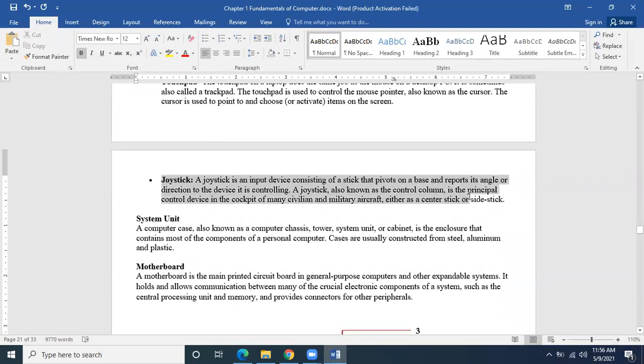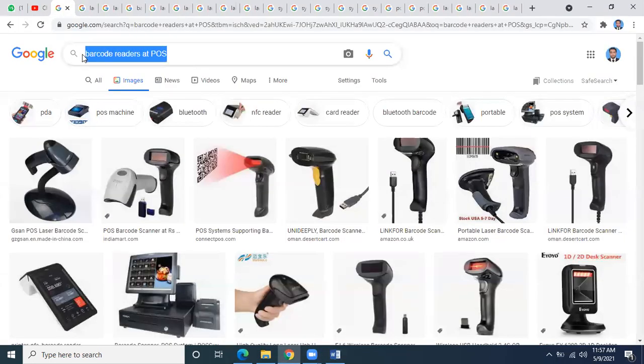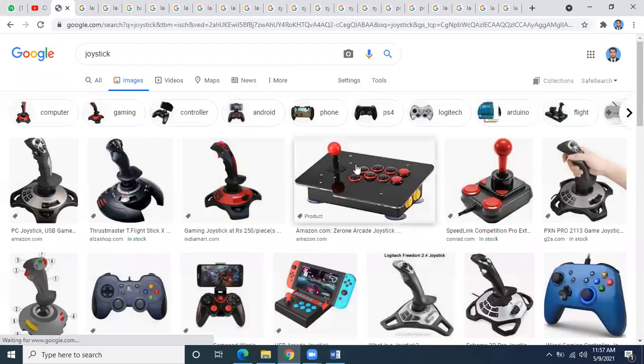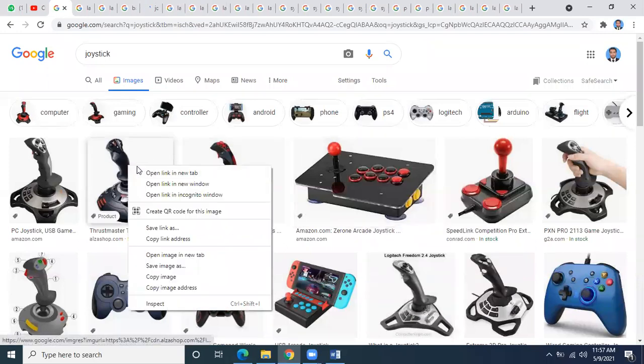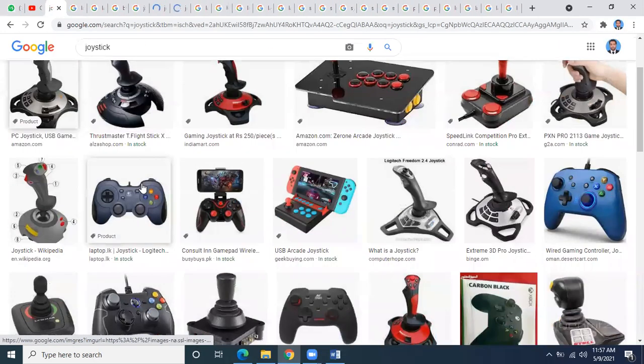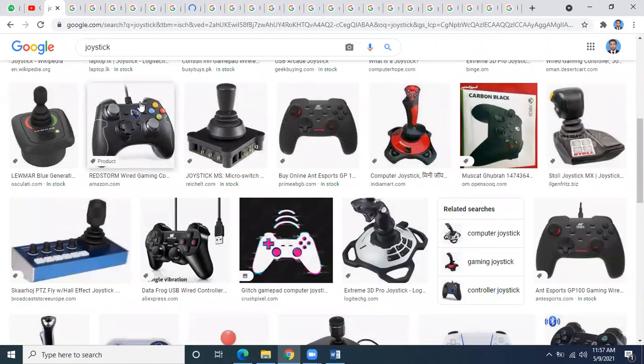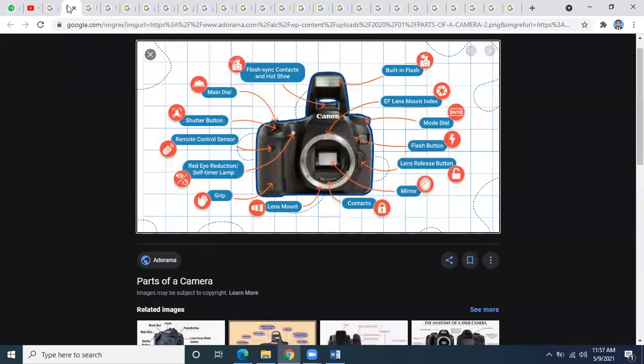Joystick is a famous device, as I have mentioned, used for playing games. It is used with the PlayStation, or with computer systems as well. Everyone is familiar with the joystick. It has some keys with it for giving commands, and it is more convenient than playing the game with the mouse. It gives you more convenience to give different types of commands.